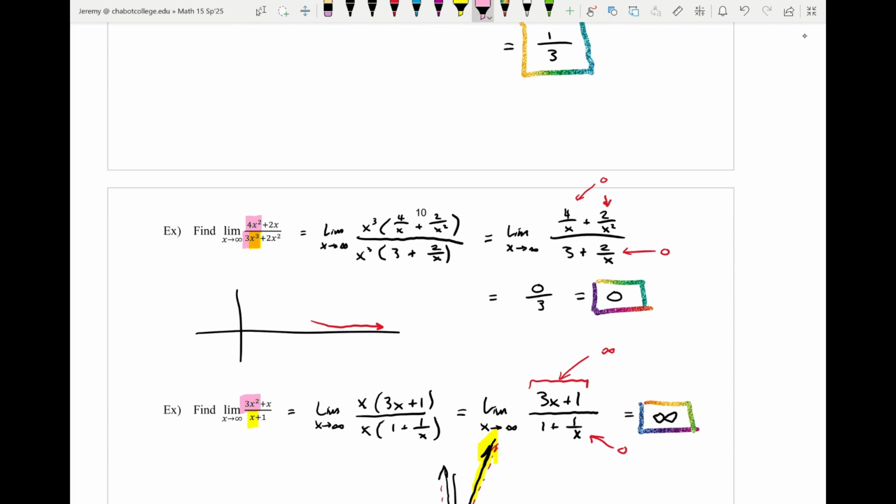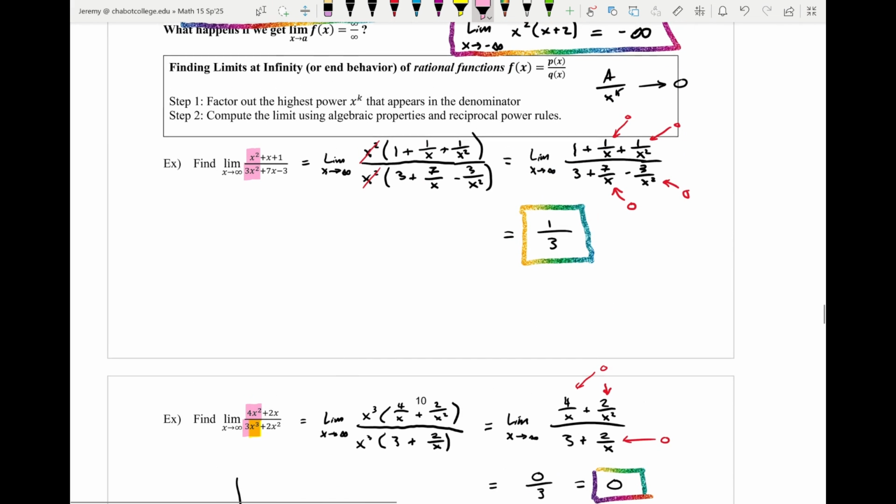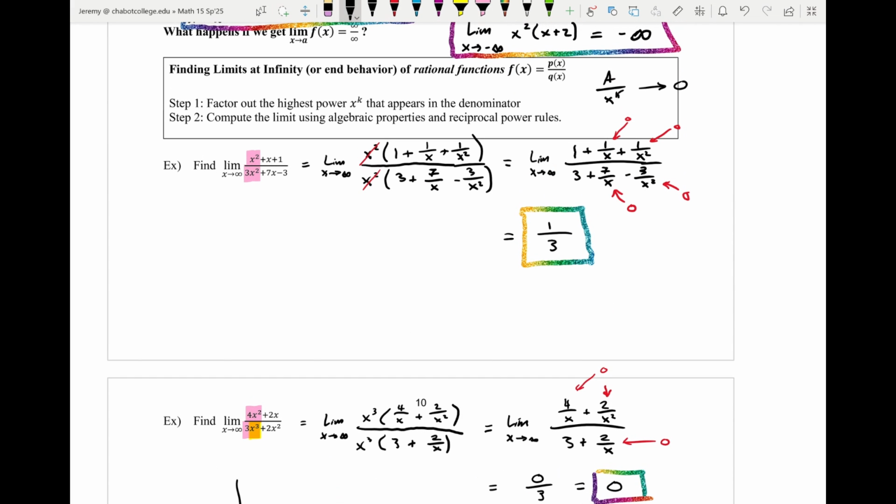More specifically, you would look at the degree of the numerator and denominator, right? So if you let n equal the degree of the numerator and let m equal the degree of the denominator,